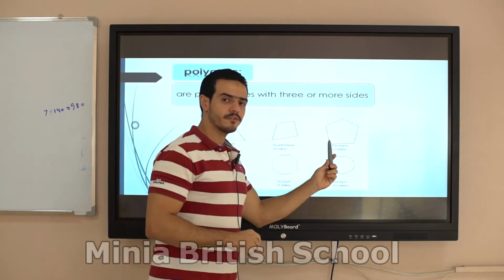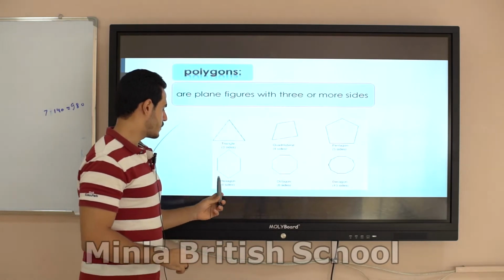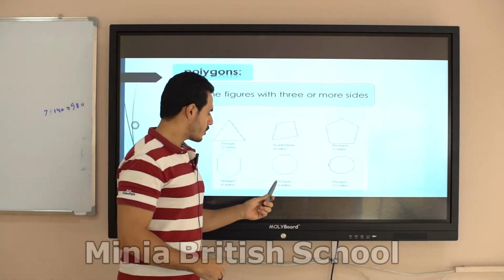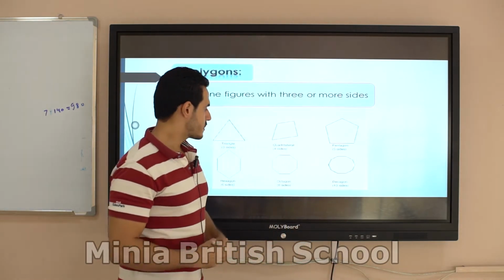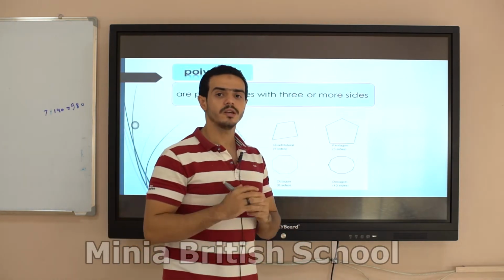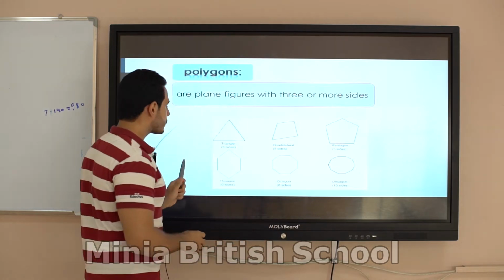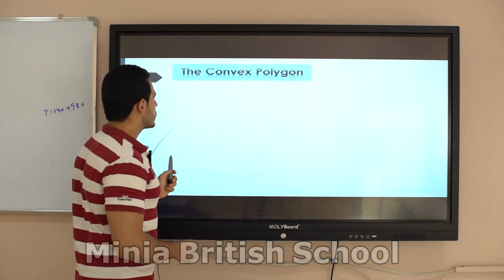A pentagon has 5 sides, a hexagon has 6 sides, an octagon 8 sides, a decagon 10 sides, and there is a polygon with 9 sides called a nonagon. Okay? The polygons,